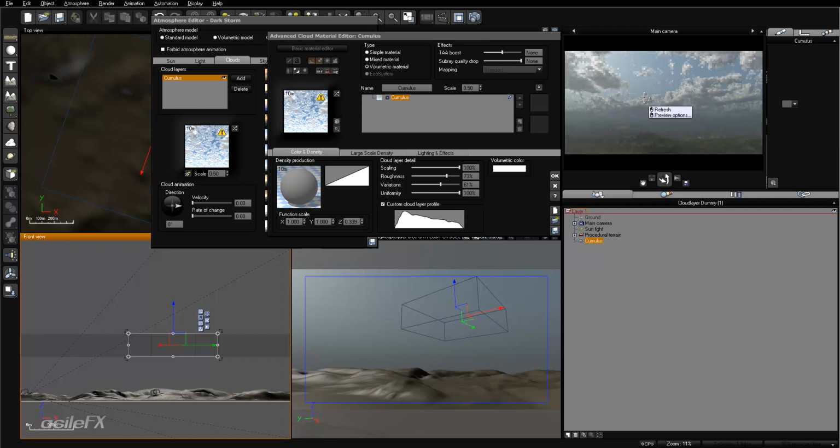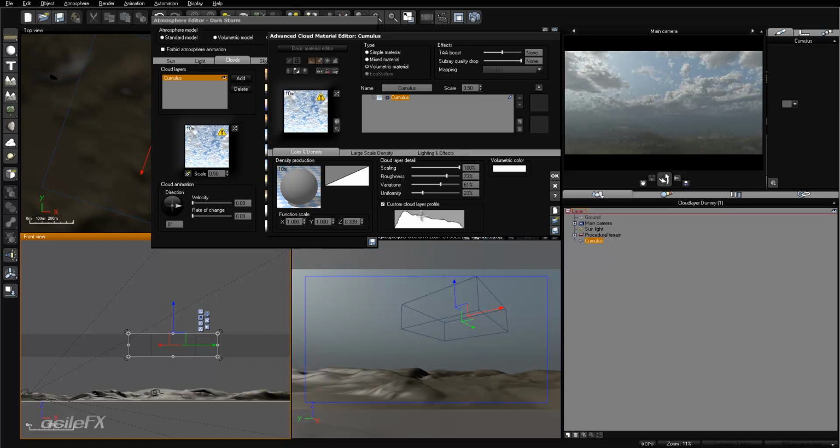So if it's 100% uniform, then we should see more of the overall shape of the roughness. Turn that down, it should smooth it out. So just add a little bit of that. Now to get the most control out of the shape of really any cloud layer, what we have is a